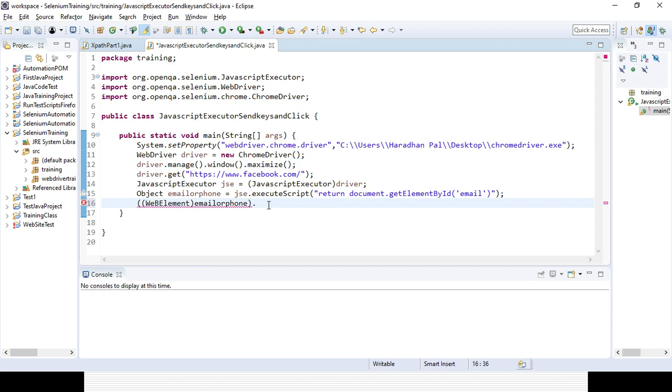Then dot, and some error message is coming. Sorry, the b is small. We need to import WebElement.